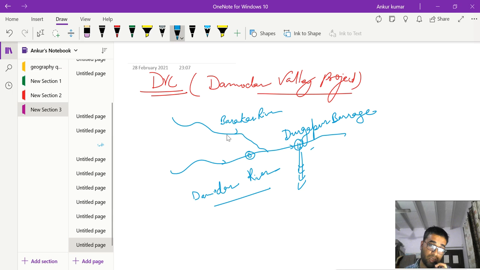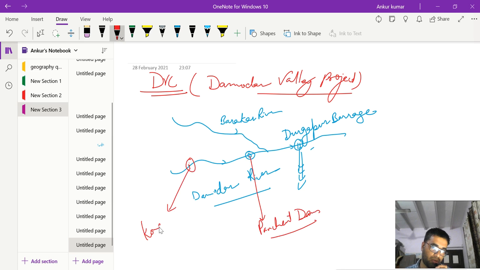This is the Penchant Dam here. Okay, at this point. Here you have the Konar dam. Maybe you can make the Konar dam here. This is Konar dam,